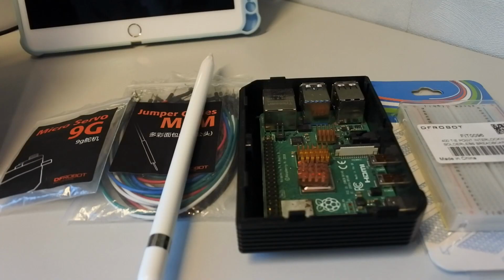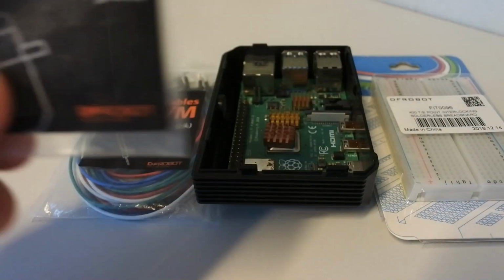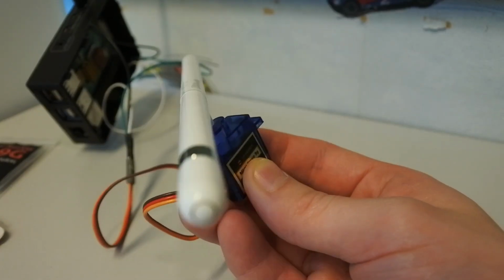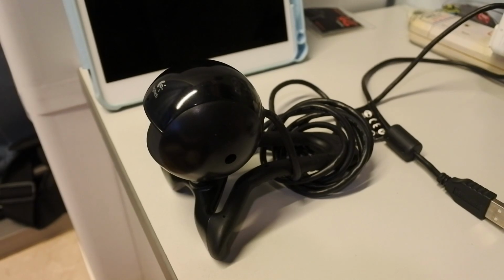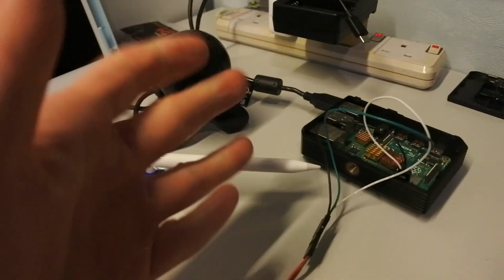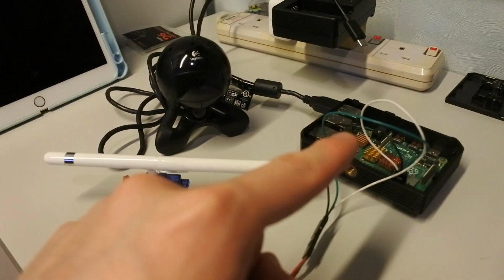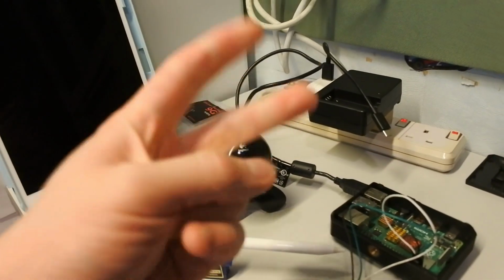Okay, we now have everything we need. First, a Raspberry Pi. This is the brain of our project. It's what runs the vision model and controls the movement of our servo. Second main part, the servo. My plan is to stick an Apple Pencil on top of it, mimicking my motion of swiping left or right on the dating apps. Third and final piece of the puzzle, the camera. It's gonna be our eyes and scan through all profiles for us. All there's left to do is to place this entire setup in front of the iPad, and we should be ready to rock and roll, baby.